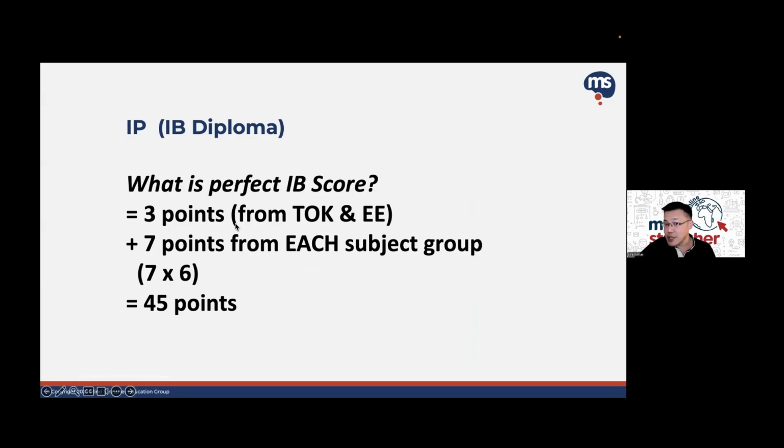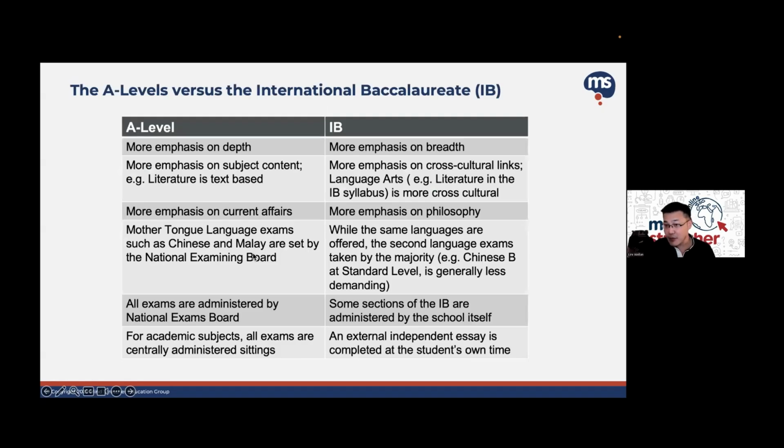So you have from the subject group, the 42 points, and then you have the 3 points from the core that I was talking about, right? So that's how the IB works, right? Just to give you a sense. So if you just look at that and you can think about, then let's say if I were to go to these schools, right? If I do make it in, is it different and how is it different?